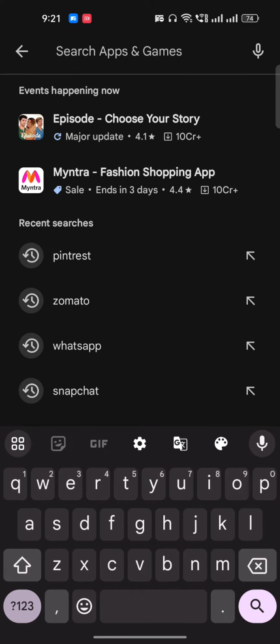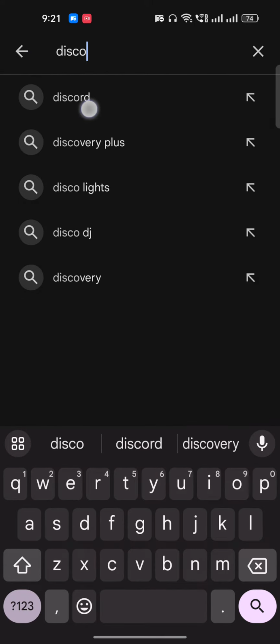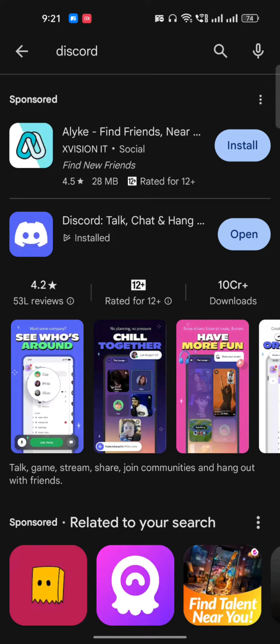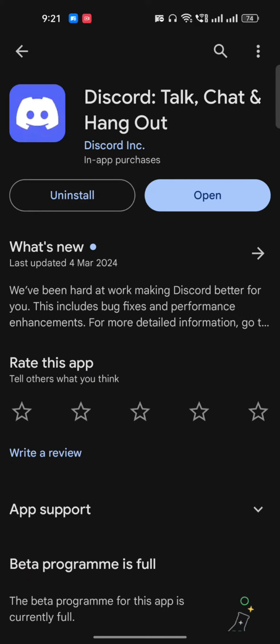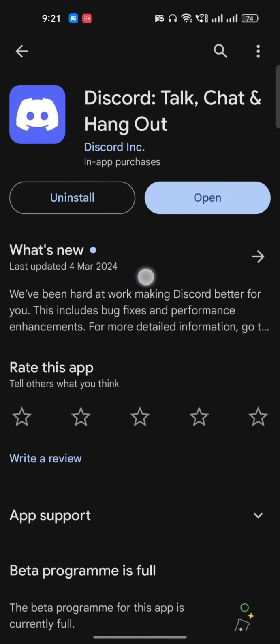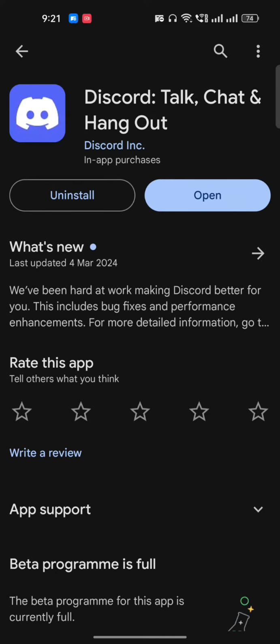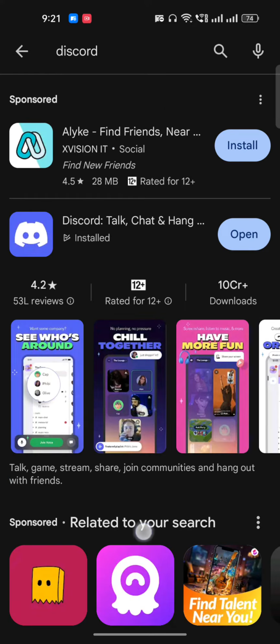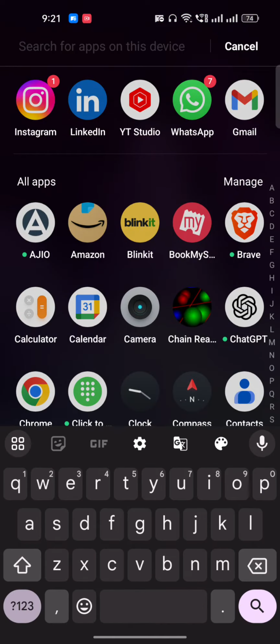the App Store, and here of course you have to use this feature, which is basically to delete or uninstall this Discord, and just try to reinstall it again. And if you find an option of update, then you can just update your Discord right now. This solution is given in all the videos, but the next solution which I will show you will definitely